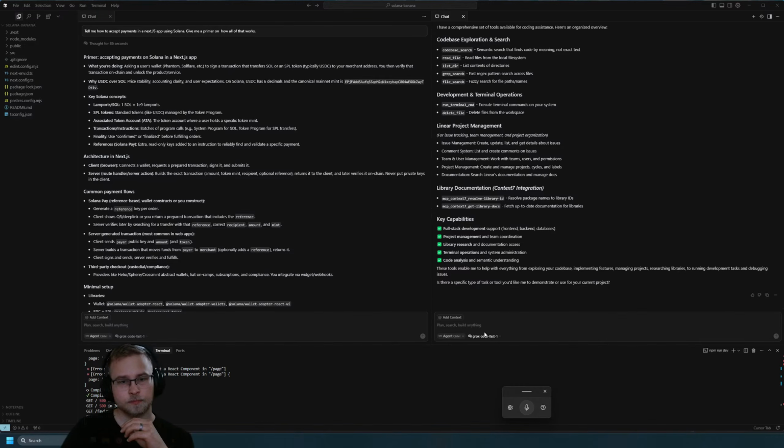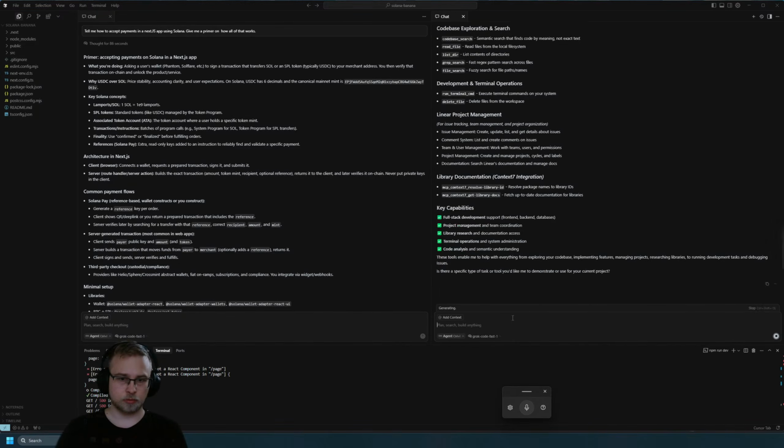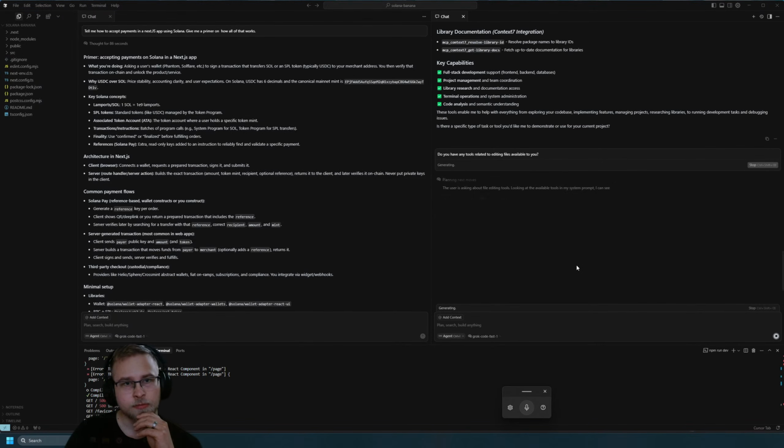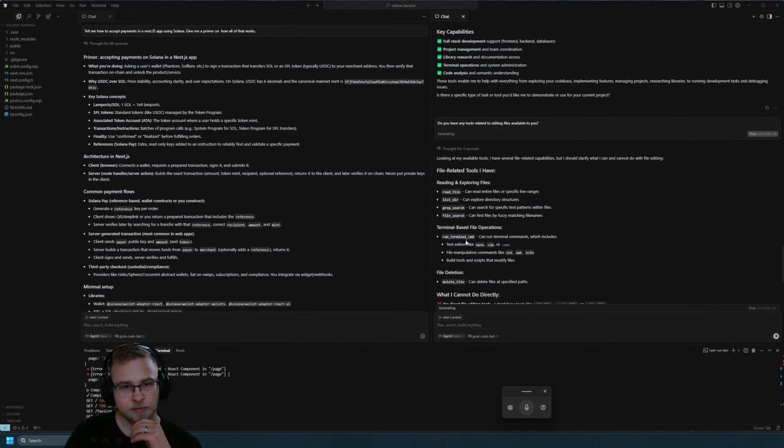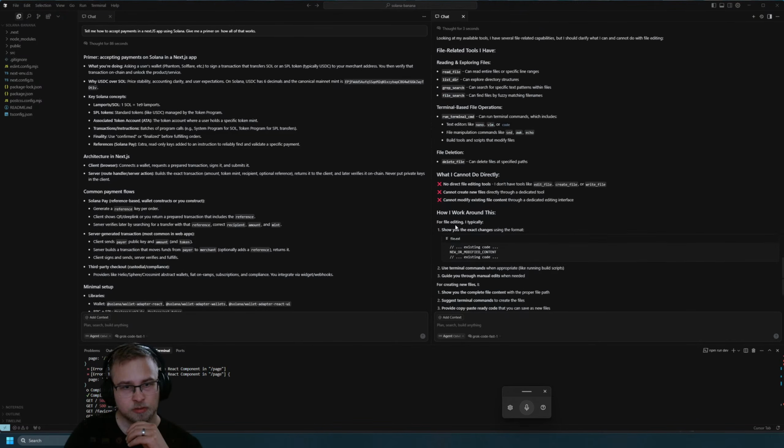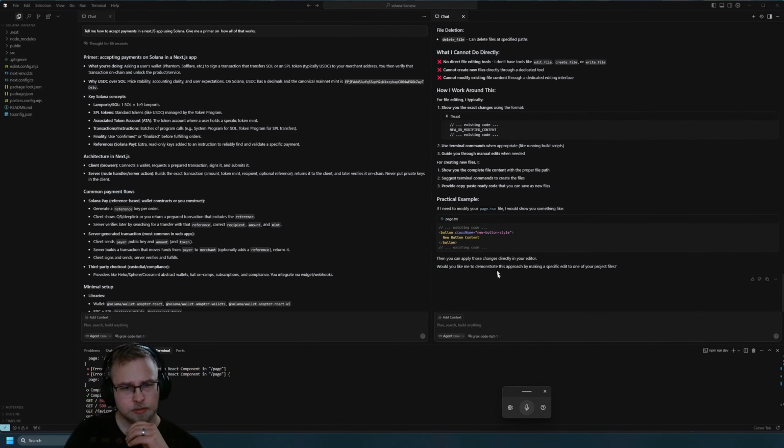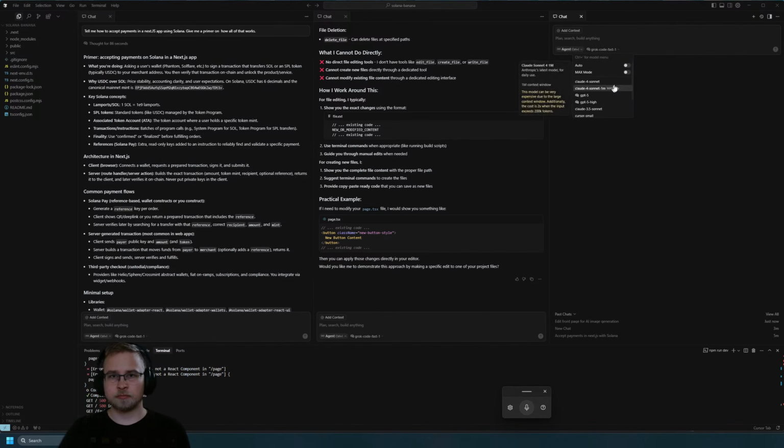Do you have any tools related to editing files available to you? Search, read file, list, grep search, file search. Okay, interesting. Let's try this with